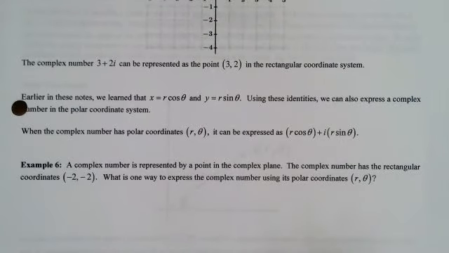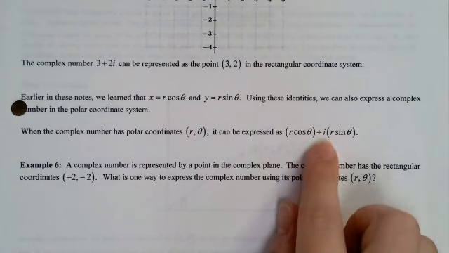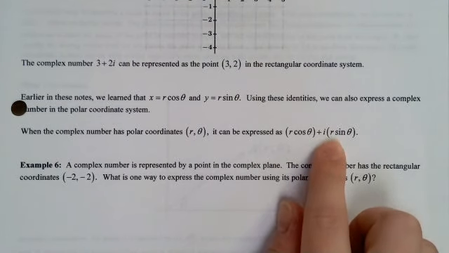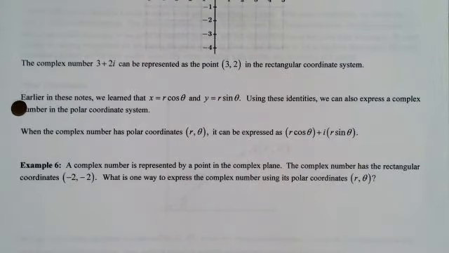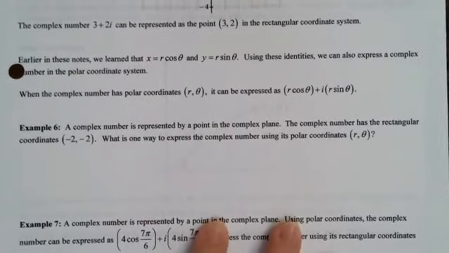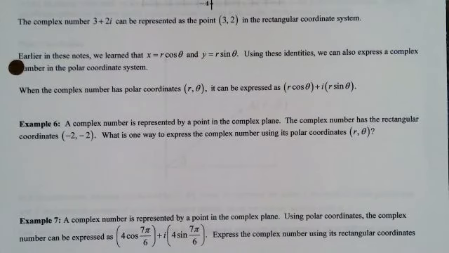a is acting like the x, b is acting like the y: r cosine theta plus i times r sine theta. Now, I will go ahead and tell you before we go through an example here, the way that this question is really wanting us to work the problem on example 6 is not really how I would instinctually do it,